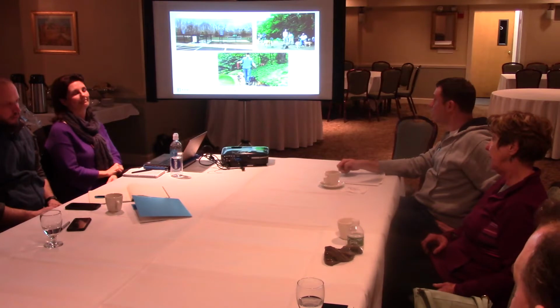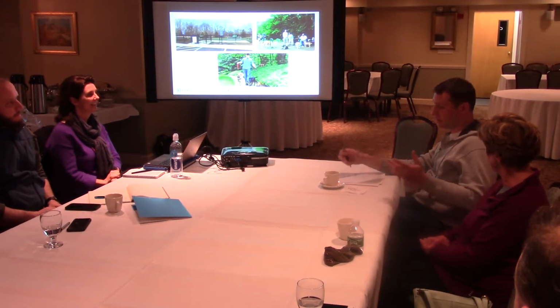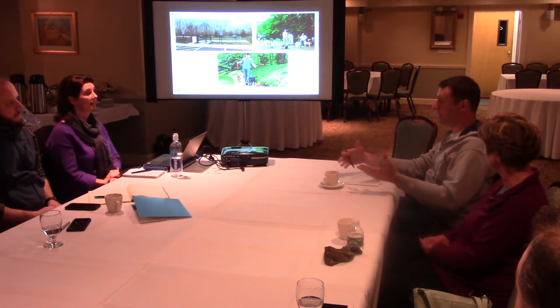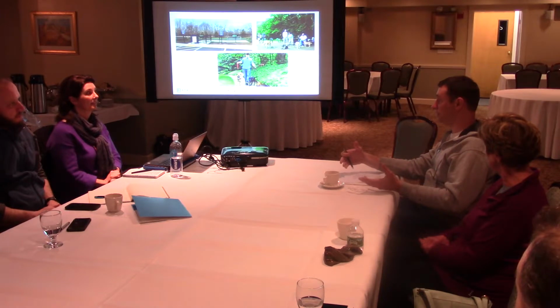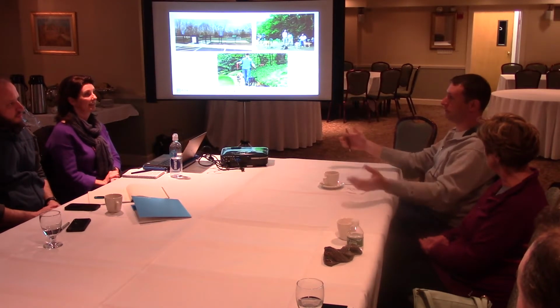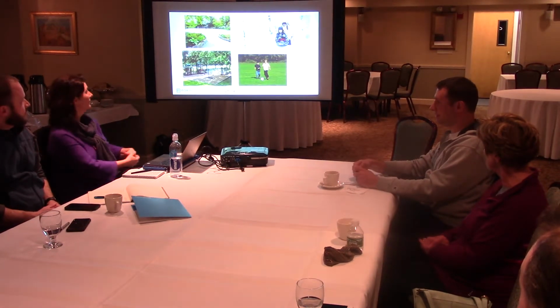Plus the scale of the park, I don't think it really supports more than one dedicated use. So it almost has to be integrated. So that probably excludes the huge playground, and excludes a huge dog park. Obviously, those things could be worked in, but that sort of goes to the next slide,